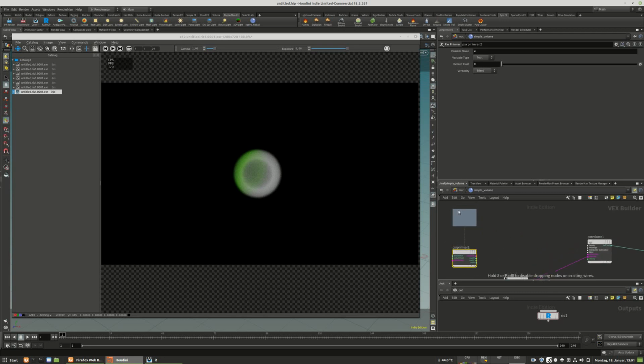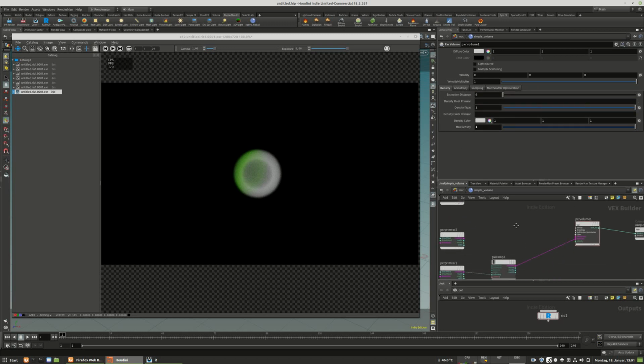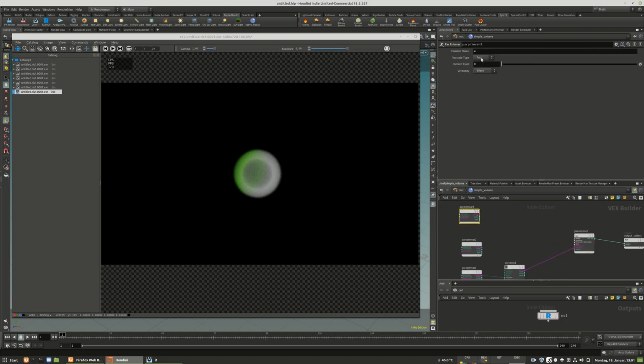And you also have to outsource this density field right here. So you can copy that, you can erase that too, and I will go to here, it's a float value always, and we'll connect the result float to the